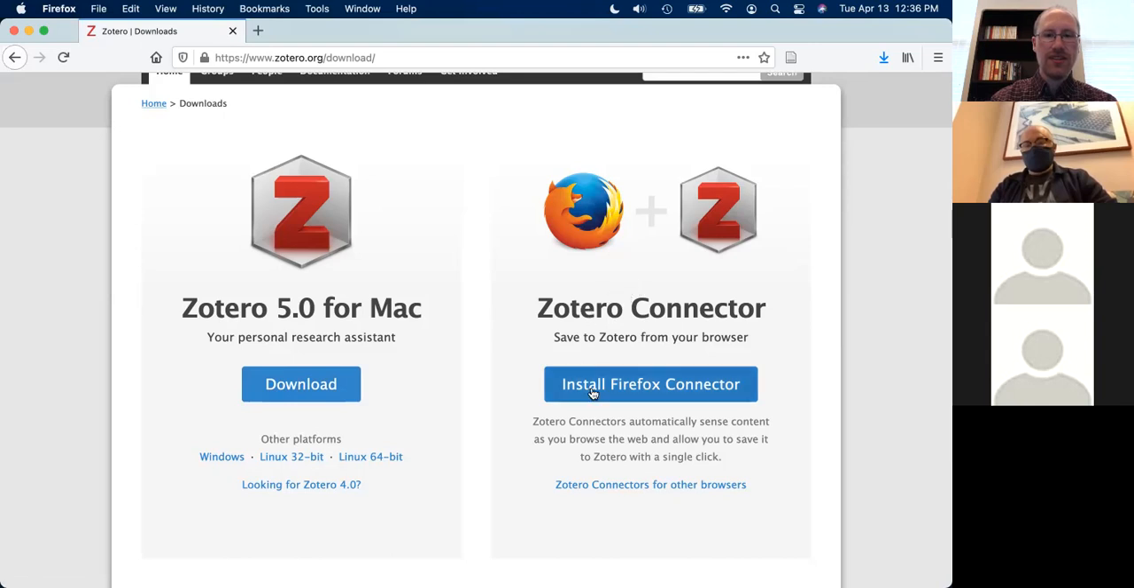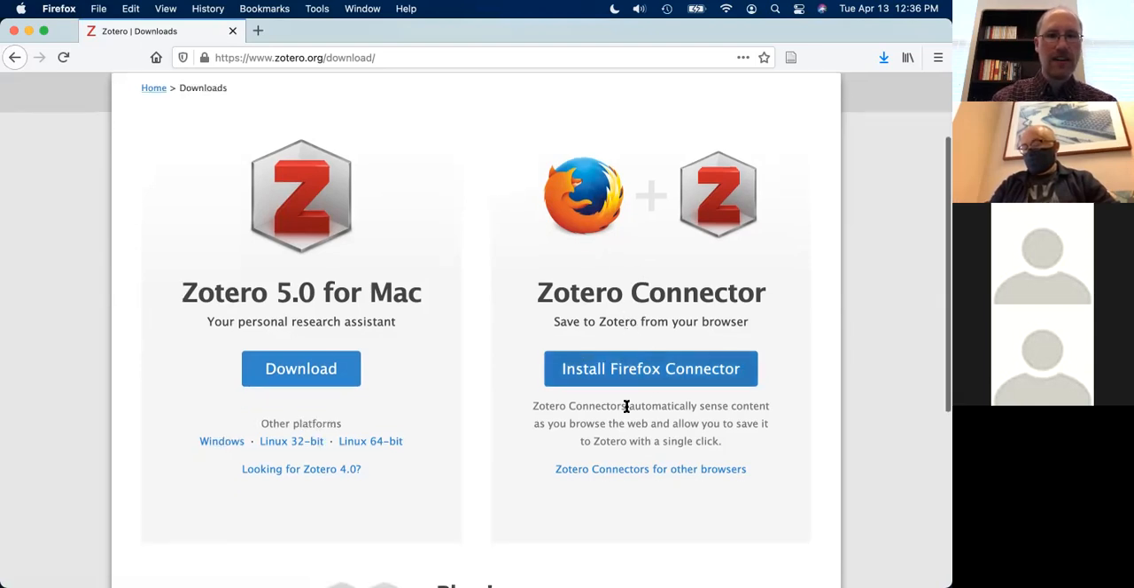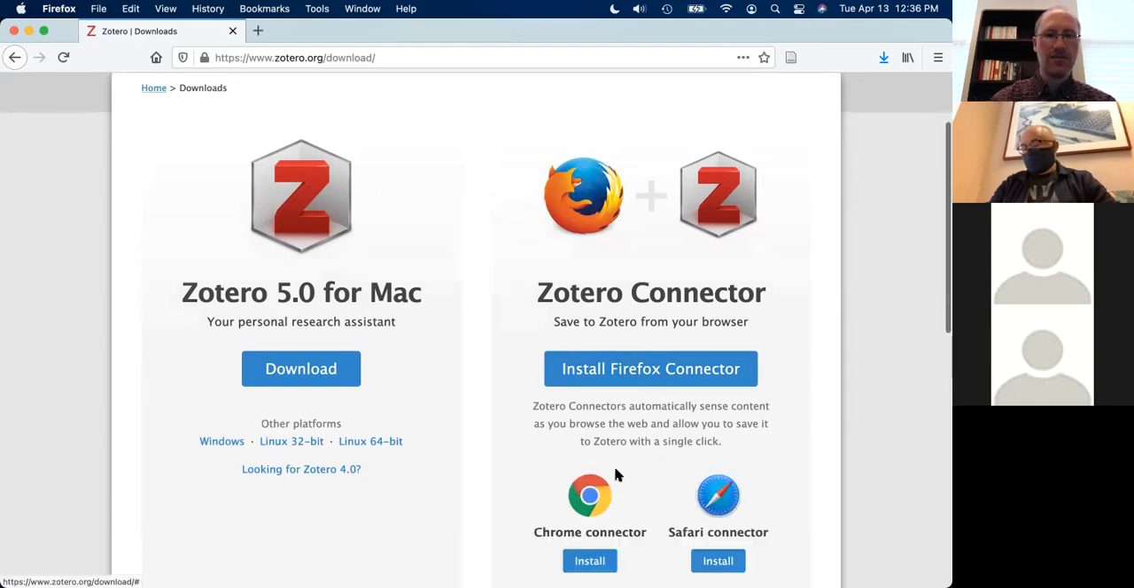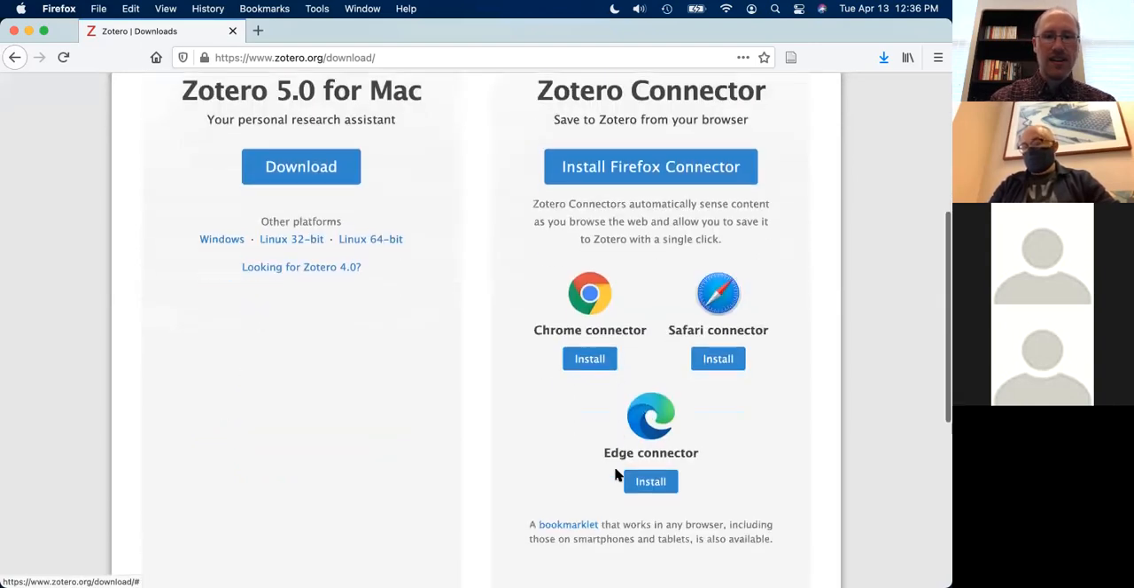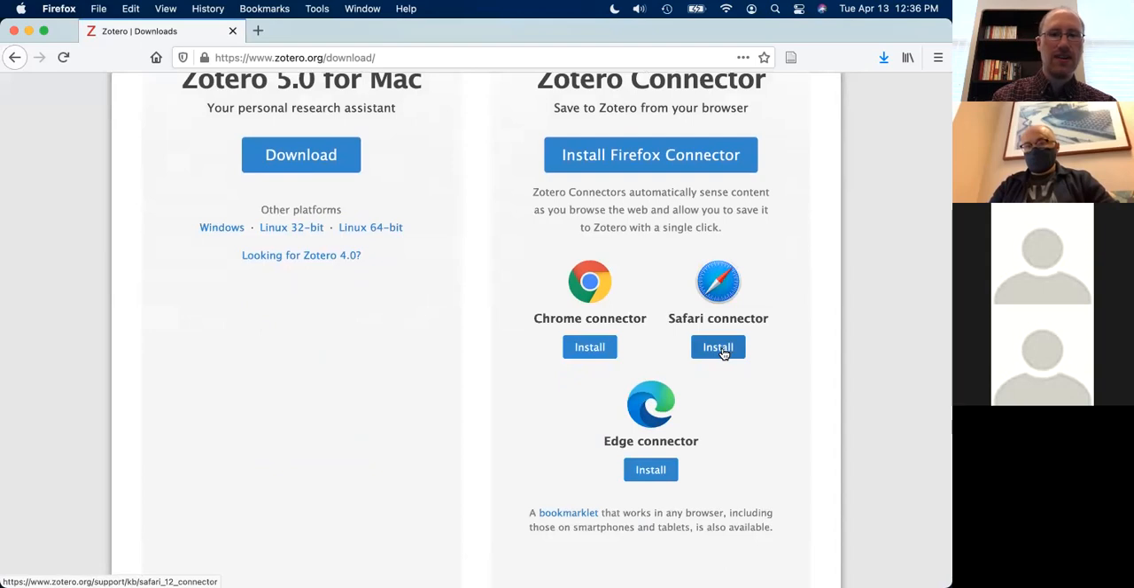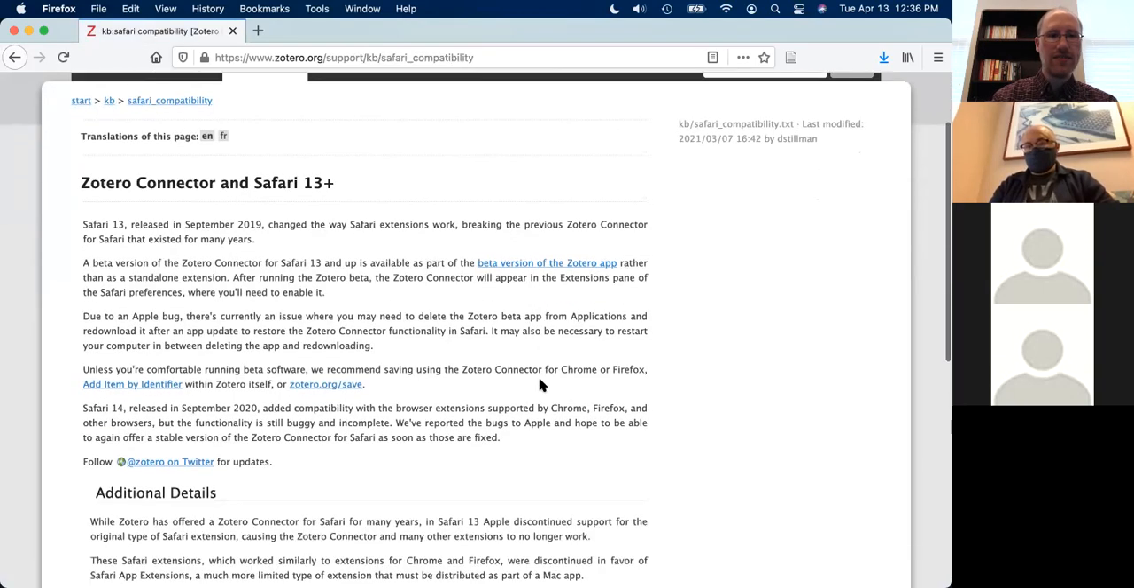You'll also want to install the Zotero connector. This is a browser plugin that allows you to save items to your Zotero library as you do your research. So I'm using Firefox here, so it gives me the option to install the Firefox connector, but it also works for other browsers. I will note for those of you who prefer to use Safari on your Mac, since Safari 13,